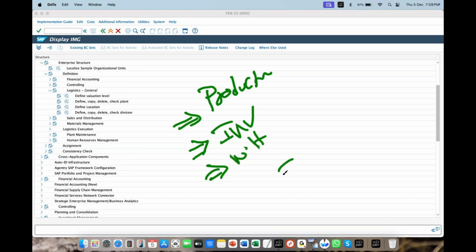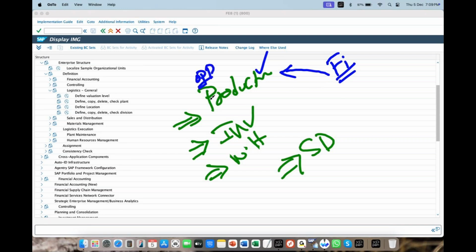Fourth, who operate SD. And see, finance is something which is away from logistics. Finance invests the capital so that manufacturing starts. So finance is the backup for initiation. But operations point of view, if you see, number one, production leads to inventory, leads to warehousing, leads to sales.